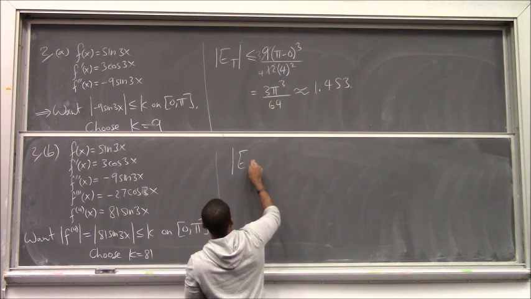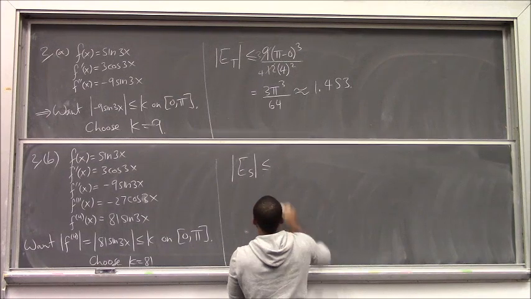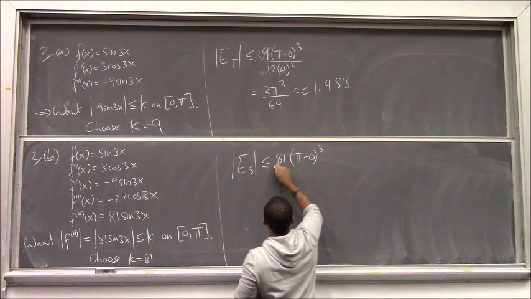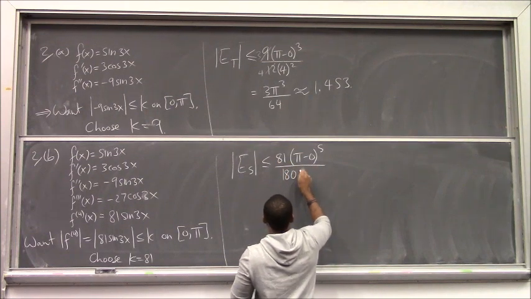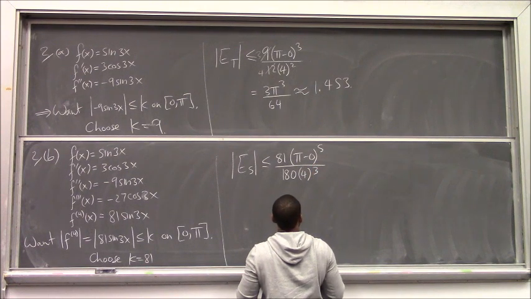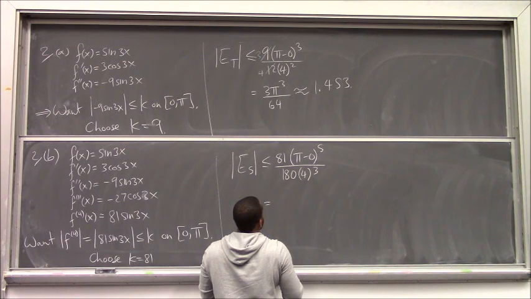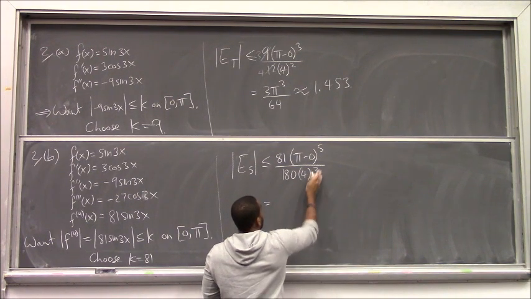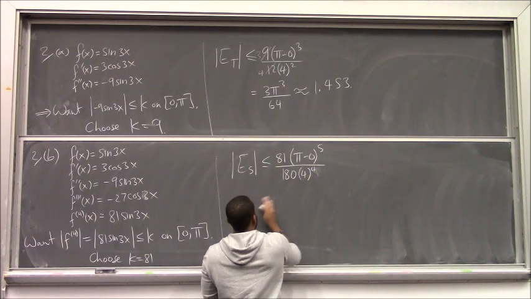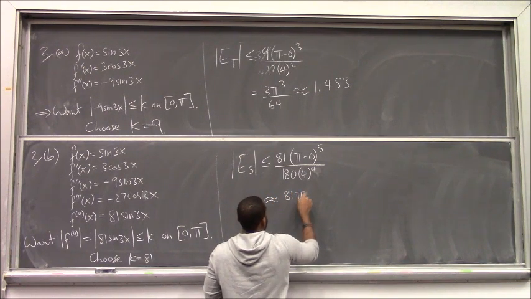Then the error in the approximation that we found earlier should be something less than 81 times pi minus 0 to the 5th over 180 times 4 cubed. That was a cube, right? Before, huh? It's a fourth instead of a cube. So let's actually see what that is roughly. This is 81 pi to the 5th over